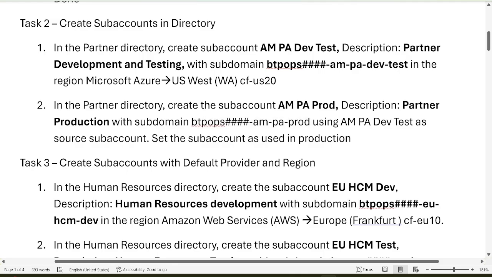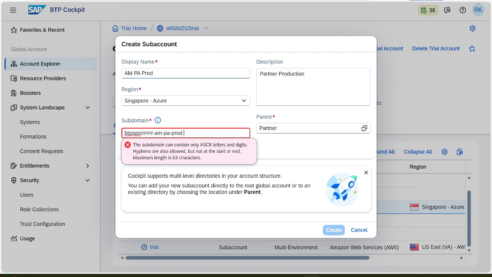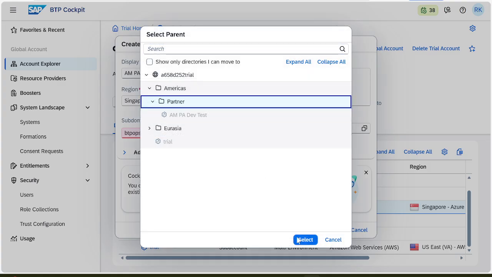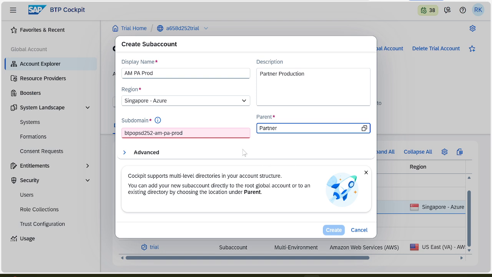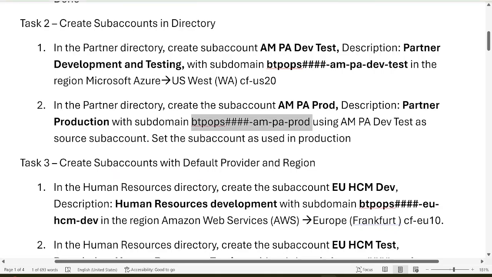I have to change the subdomain. Control A, Control V. Now the global account number I am going to give: D252, last 4 digits. Just type. Already partner is there. No? Okay. Space is there, remove. Now it will be okay. Fine. Set the sub account as used for production.